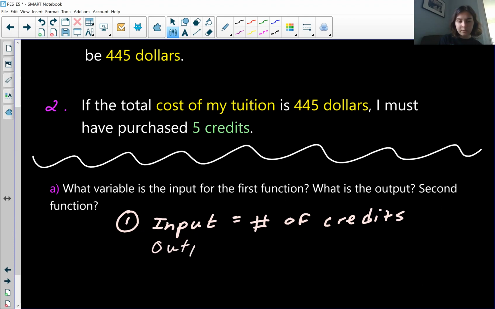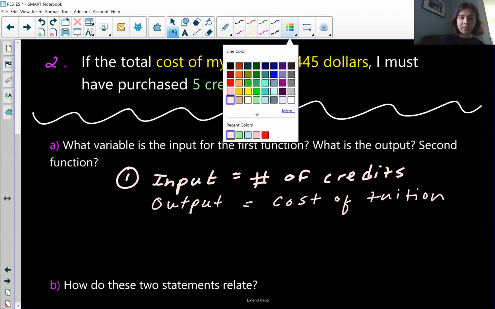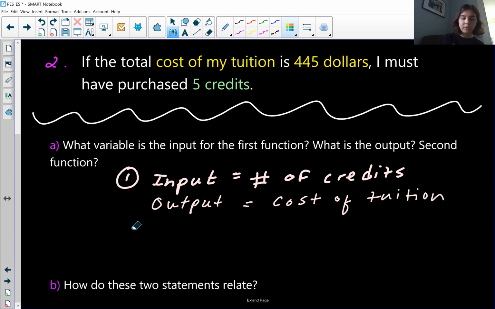Well, we just kind of talked about that. But basically, I'm buying a certain amount of credits, and then my output is the cost of tuition. Okay, I wrote a cursive F this time. Not good. All right, and then for the second function,